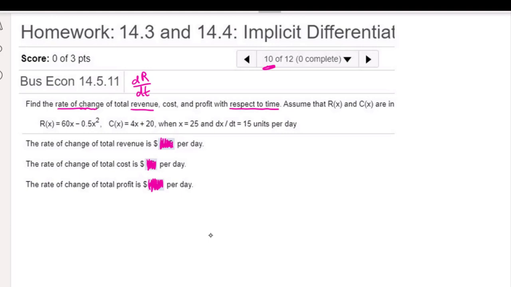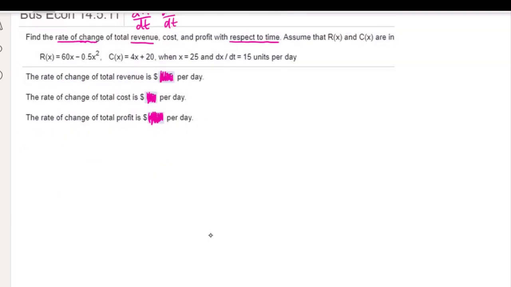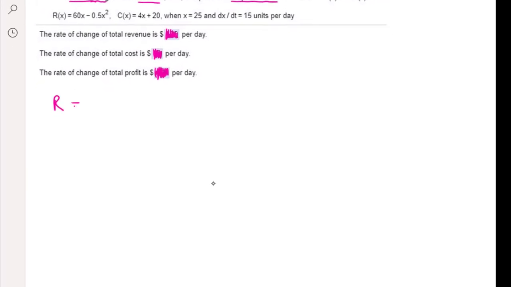And actually, if we find revenue and we find the cost dC/dt, we can find the profit dP/dt just by subtracting cost from revenue. But first, the revenue one. They give us an equation of 60x minus 0.5x squared as the revenue equation. So instead of R of x, I'm just going to write R equals 60x minus 0.5x